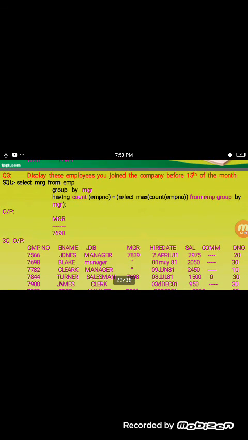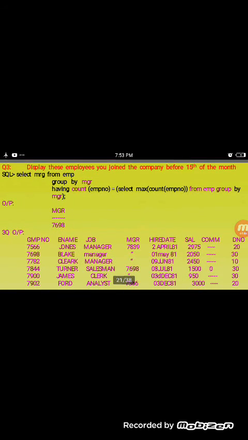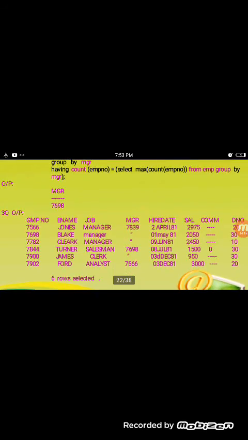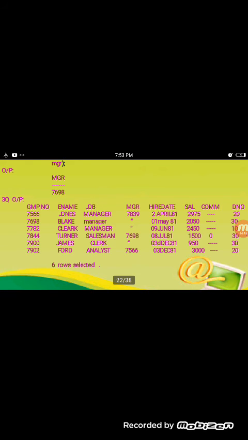And then display those employees who joined the company before the 15th of the month. For that purpose we are taking select MGR, to find the MGR group by clause, and 6 rows are selected: employee number, employee name, job, MGR, hire date, salary, commission, department number.